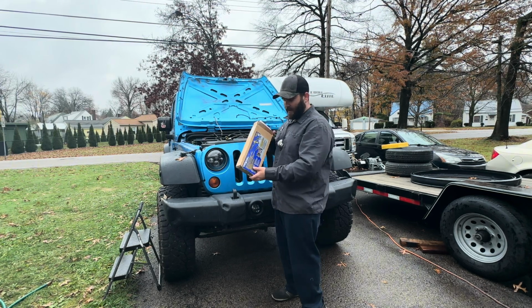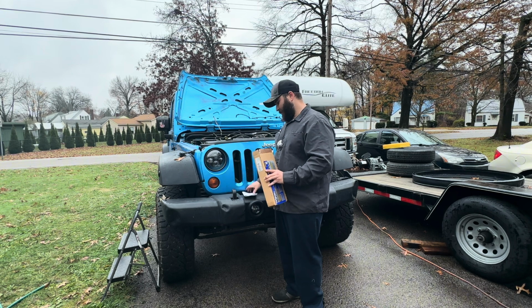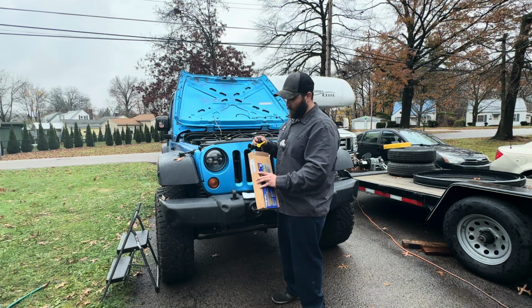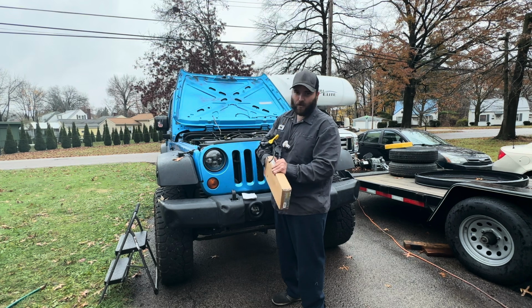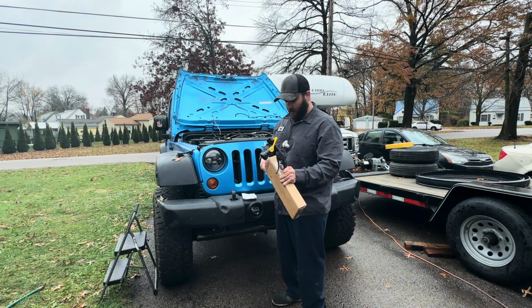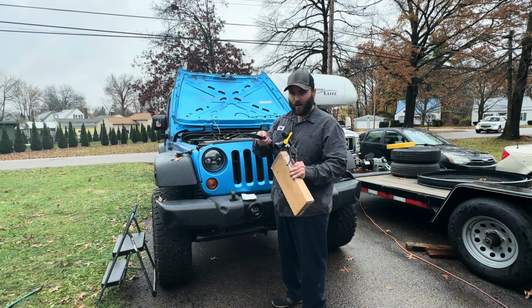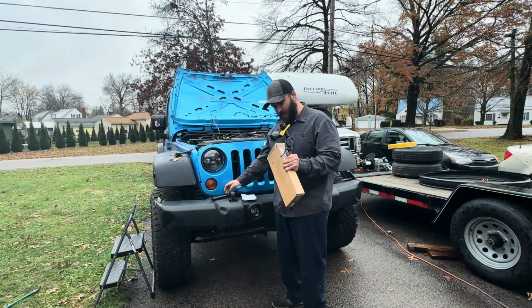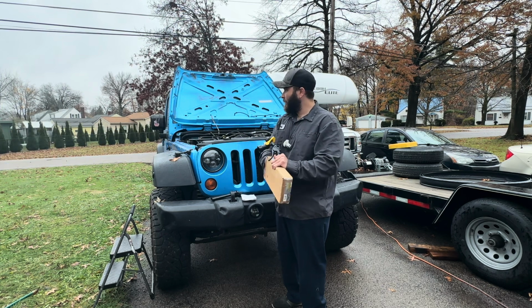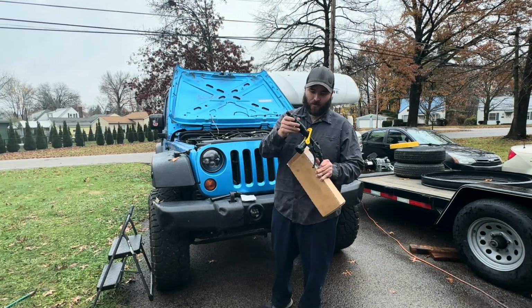So in this kit, it comes with some instructions here, which I've never once looked at. And then it comes with the main tool, and then it comes with two different ends. So this is like a sprayer, like a high pressure sprayer nozzle end. You can clean your engine bay and stuff with this nozzle, which I've never even used. And then this is the one that I use here. This end just kind of pops on your tool,